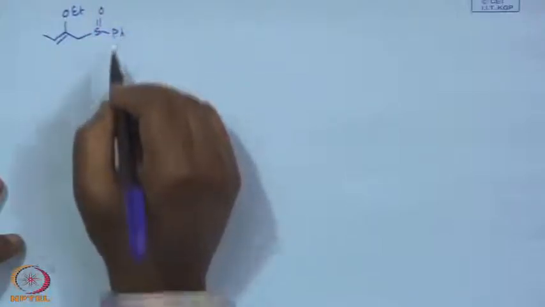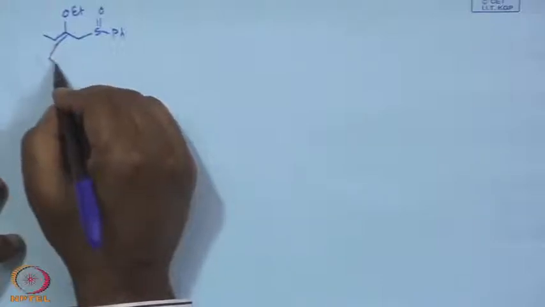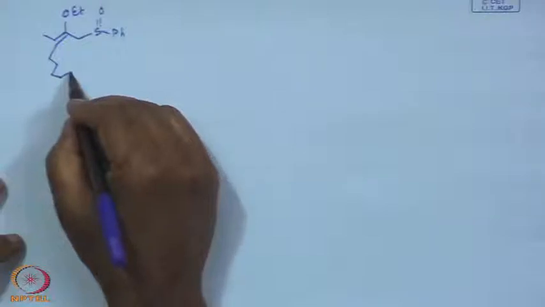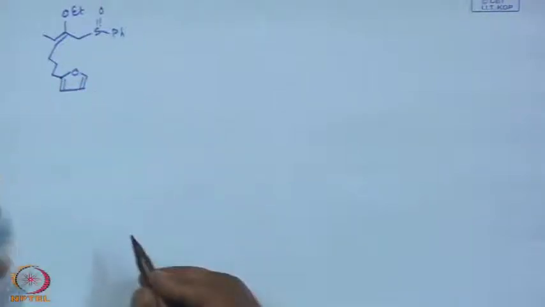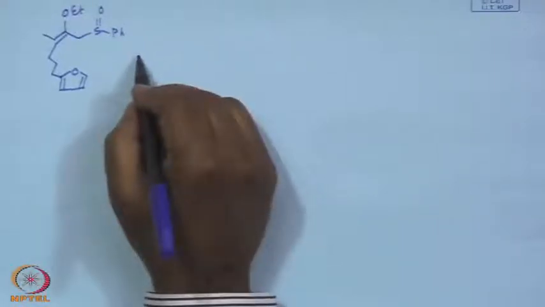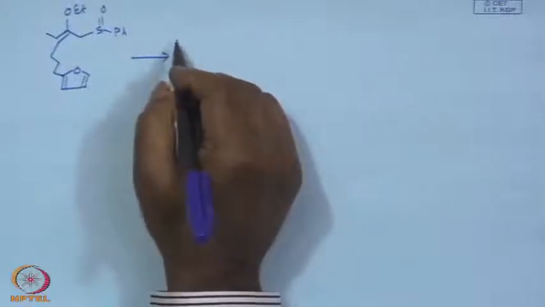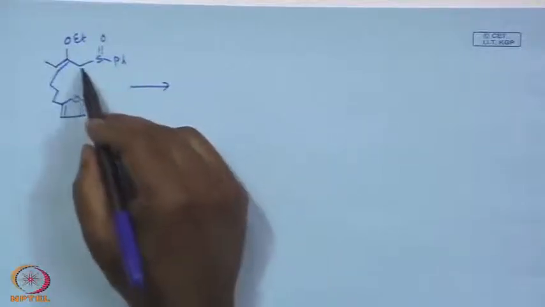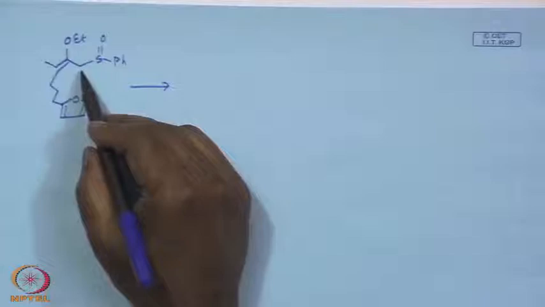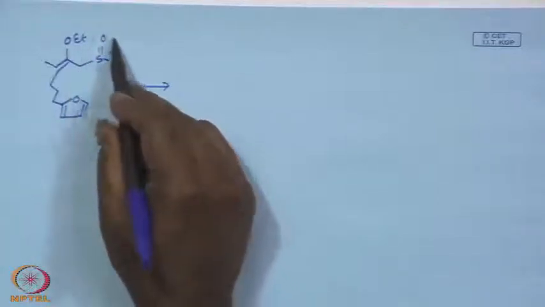now it is a different group. It is not a sulfone, it is a sulfoxide, then you have 3 carbons and a furan unit again. So, that means furan is a popular diene for this kind of molecule. In this case, the difference is that this allylic position is having a substituent known as